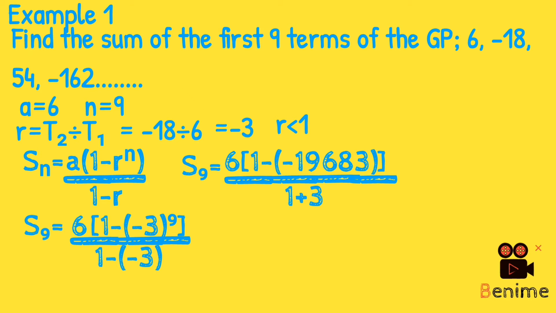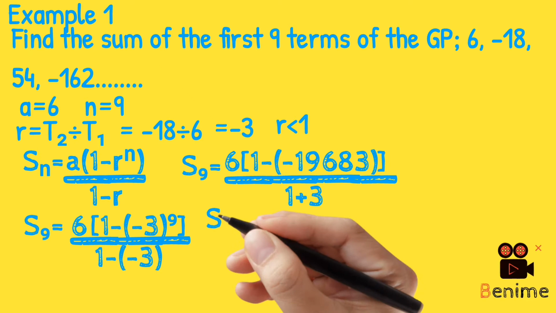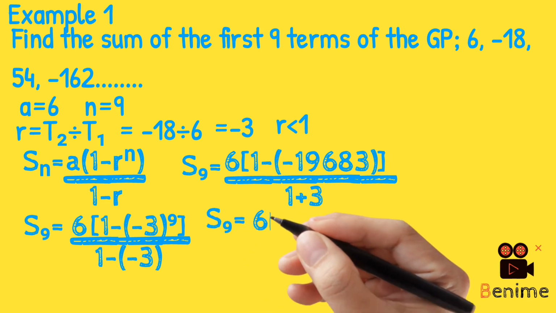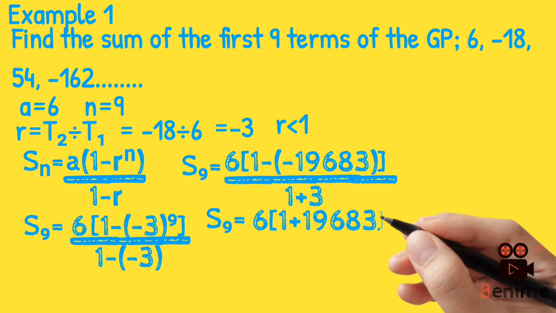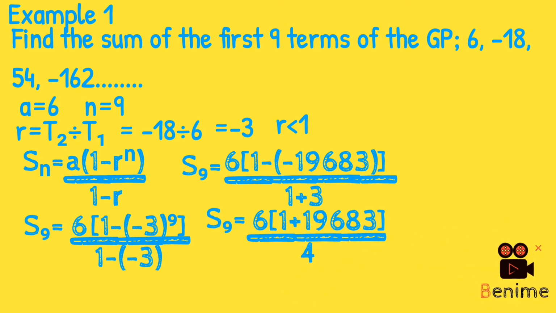Now, in the numerator, you also have another minus, open bracket, minus, which will give you plus. So you have S9 is equal to 6, open bracket, 1 plus 19,683, close bracket, all over 4, because 1 plus 3 is 4. So the 1 plus 19,683 will give you 19,684. So you have S9 is equal to 6, open bracket,